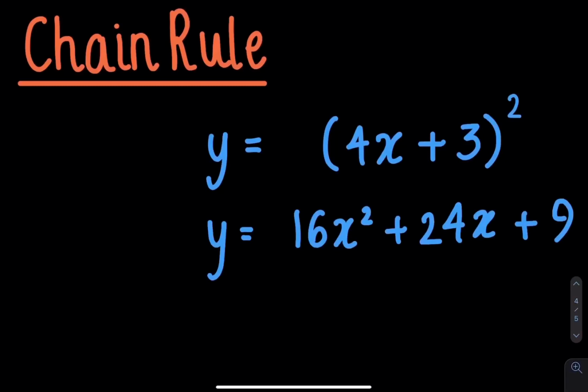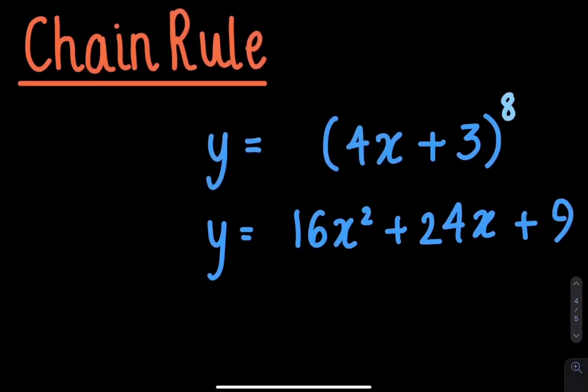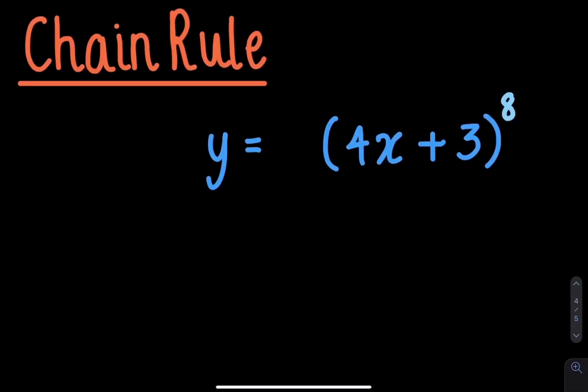But what would you do if I gave you the same function, but to the power of 8? It will take way too long to expand it 8 times, simplify it, and then differentiate. That's where the chain rule comes in. It is a lot quicker and actually very easy. So, if I now want to differentiate y with respect to x,